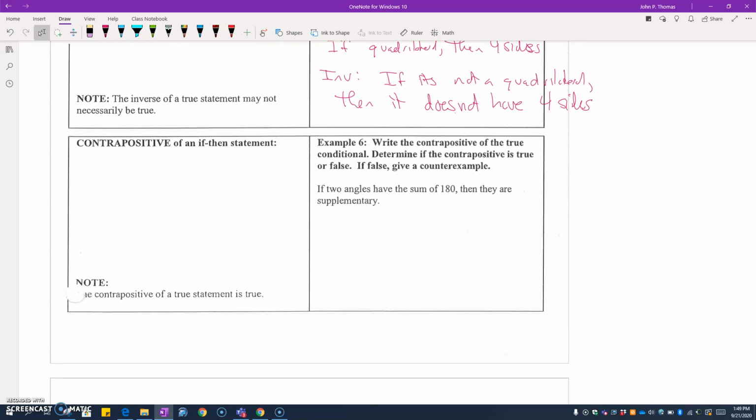The last one here is the contrapositive. So the contrapositive takes a P implies Q, and this does both the inverse and the converse. So this negates both of them and switches the order. So we'd have not Q implies not P. Now the beauty of this is it's the one logically equivalent statement of them all. So if we look at the example, it says if 2 angles have the sum of 180, then they are supplementary. So we're going to flip and negate. So if 2 angles are not supplementary,